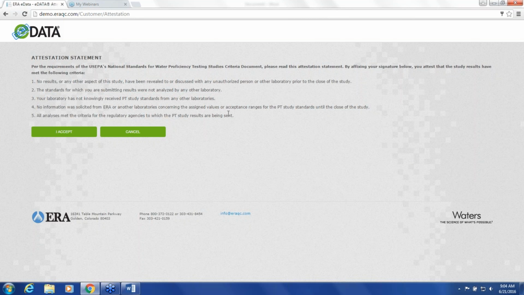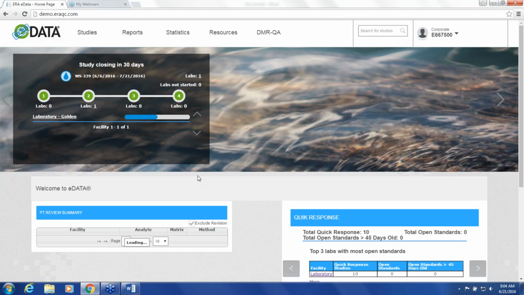So I wanted to begin by showing you this attestation statement that you see as soon as you log into our website. This essentially requires you to click accept, and it's basically saying that you've not received any data or samples from any unauthorized sources. So I will click accept, and then we start off, and this is our